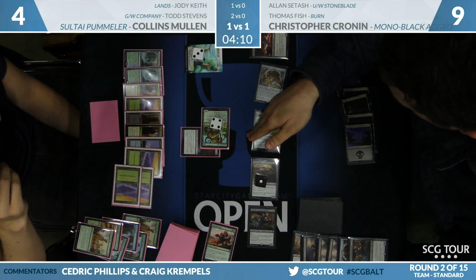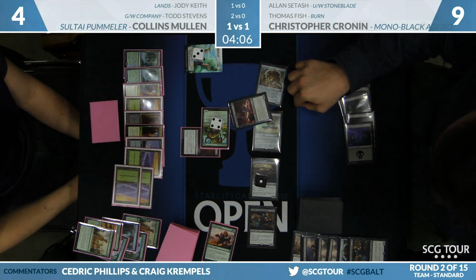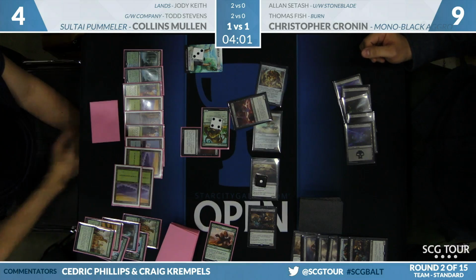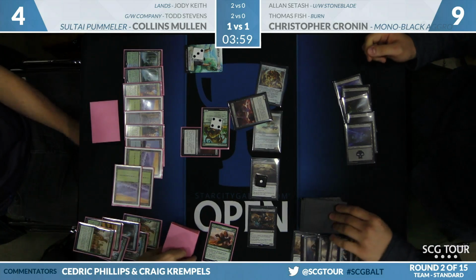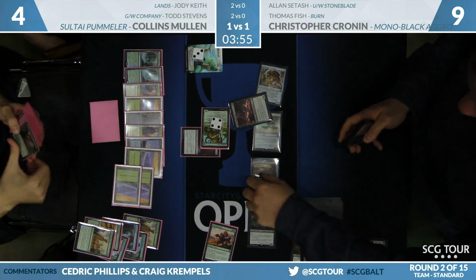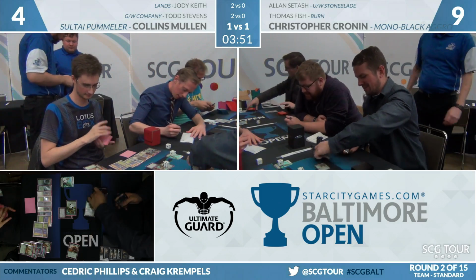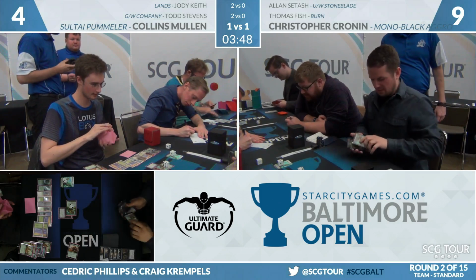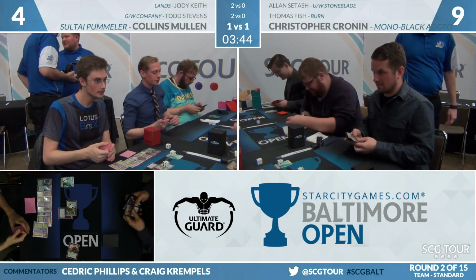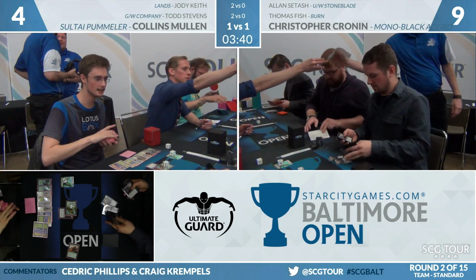Oh my goodness. That was a good attack handshake. I'm not sure what that handshake was. I'm not familiar with a good attack handshake, but what I am familiar with is the fact that Jody Keith won his match. So everything's fine. Correct. Everything is fine because, as you can see now at the top, Jody Keith, after sideboarding, has a 2 next to his name. He wins the match 2-0 over Alan Setash. So the team of Keith, Stevens, and Mullen